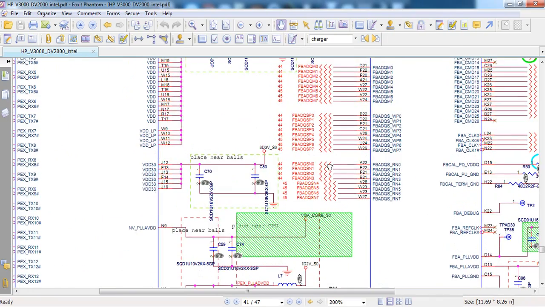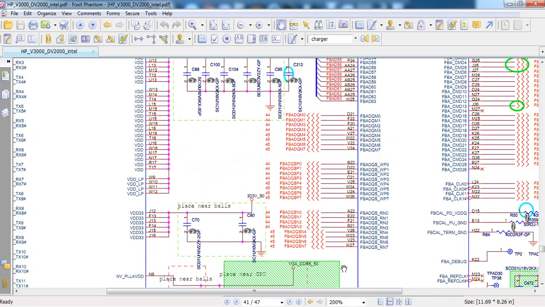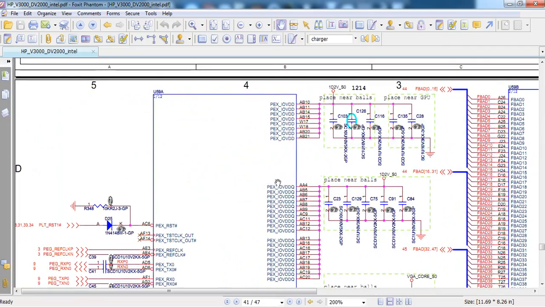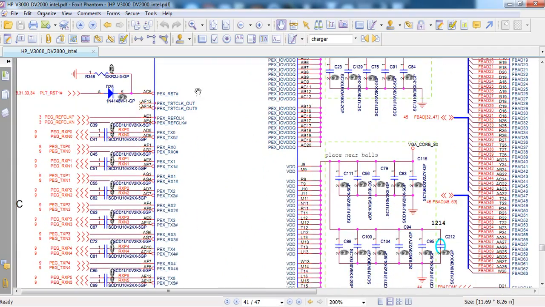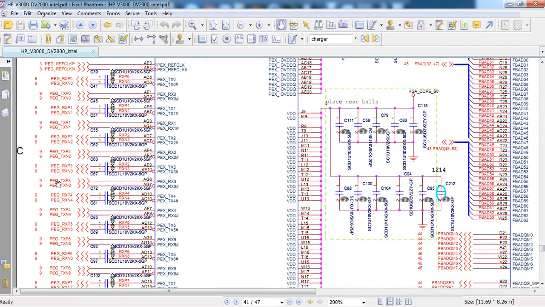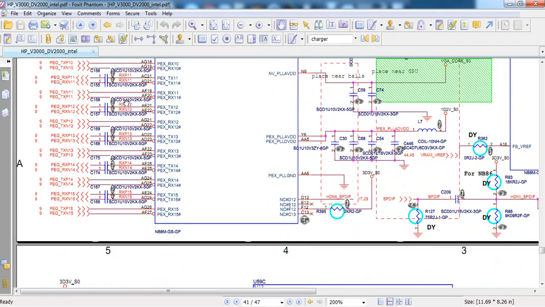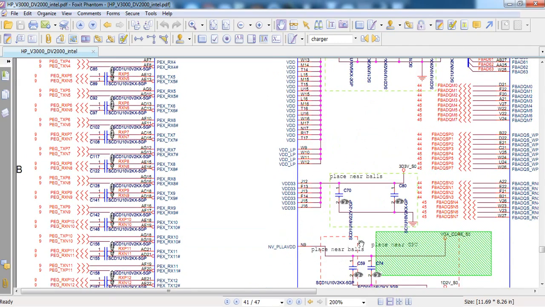Yes, these are the signals. These are all the signals that go to LVDS, VGA and TV out. These are all active now because the GMCH sends the signal to the graphics controller, the graphics chip. Now the graphics chip accelerates the signals and sends them to the LVDS, VGA and TV out.